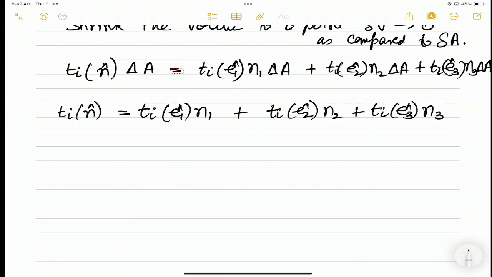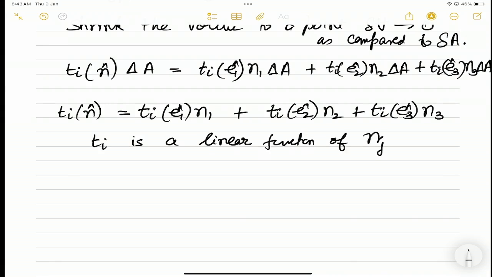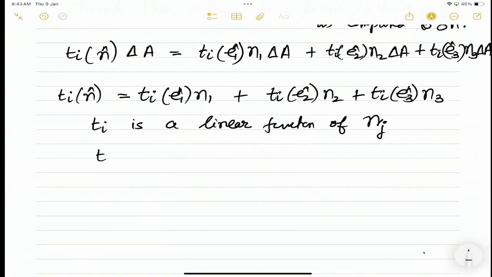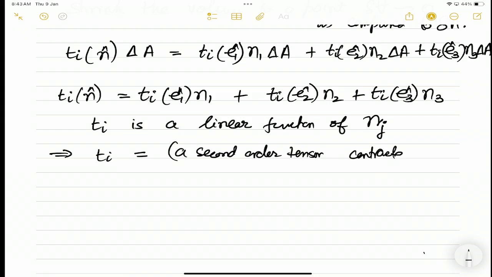And what this implies is that Ti is a linear function of the normal vector. Since we can write Ti, this traction vector is a linear function of the normal vector. So this means that we can express Ti as a second order tensor contracted with n. And so I can write Ti is equal to